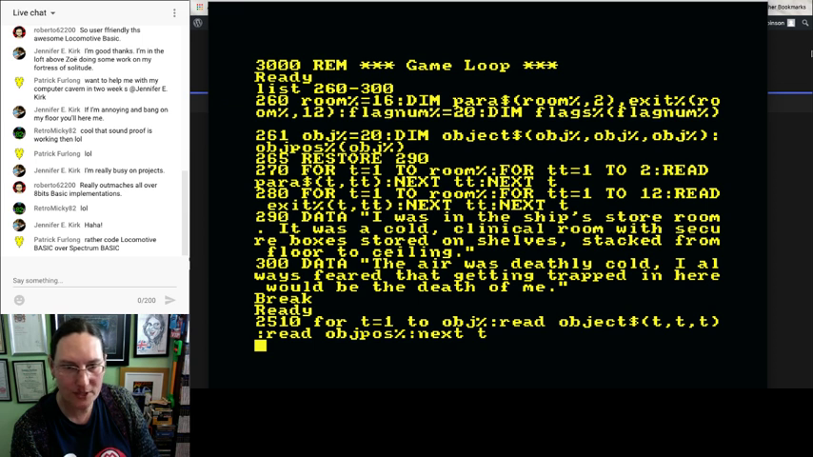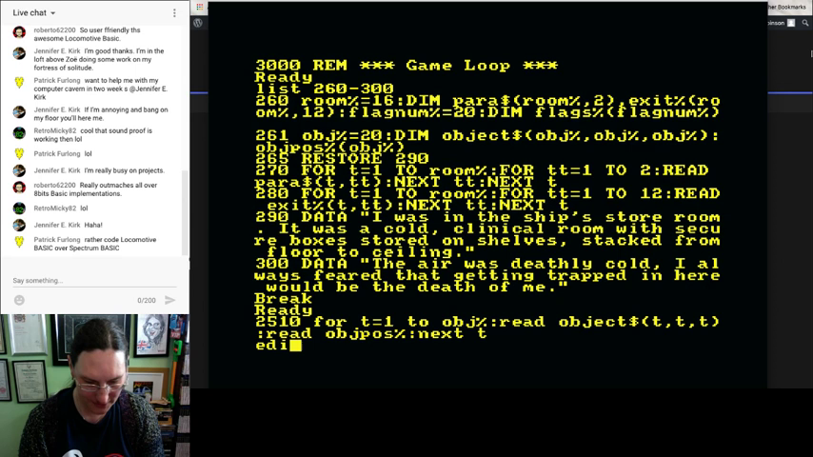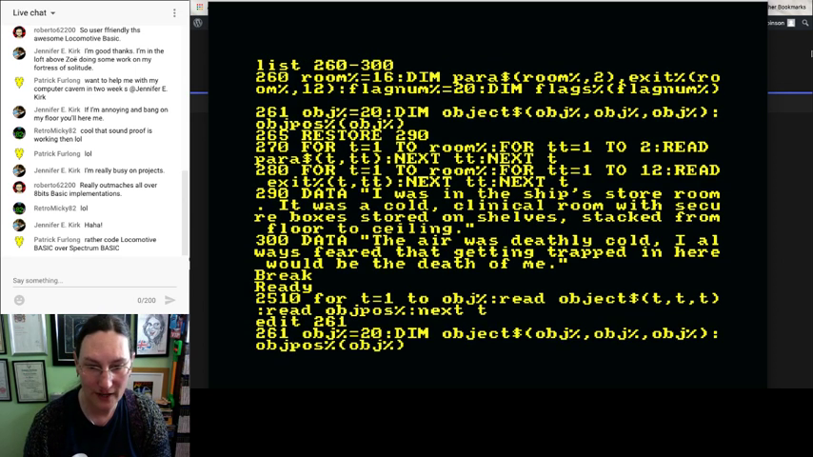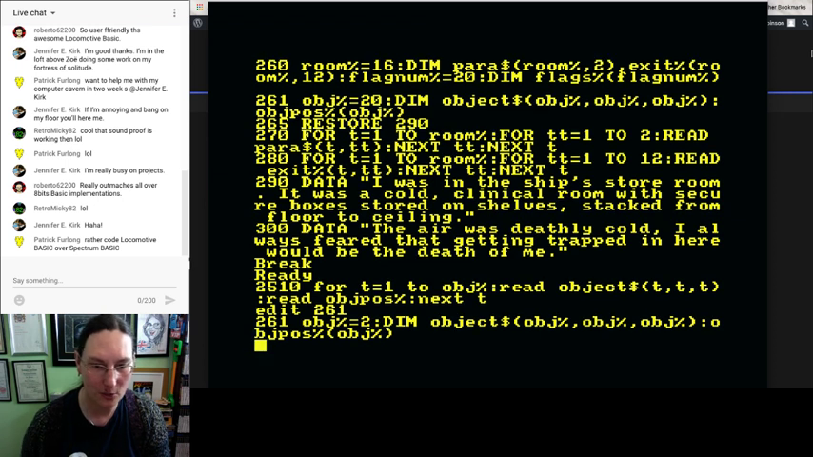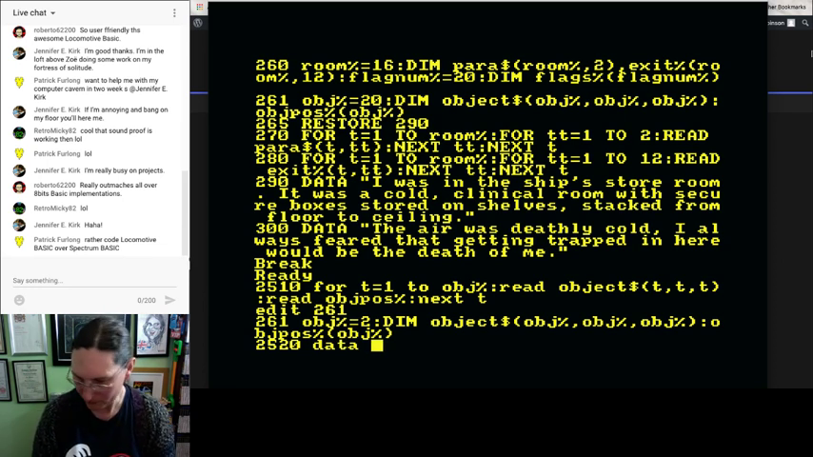So we've got objects set to 20. I'm going to set it to 2 at 261 so that we can show you how this will work. So if I set that to 2 as an object, then 2520 is where we put in the data. So let's have